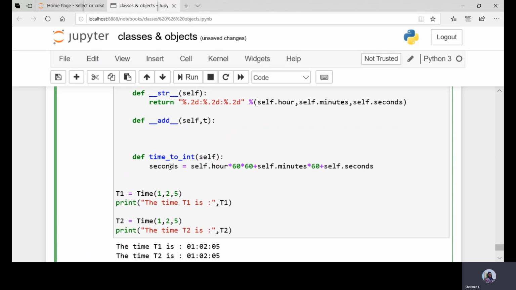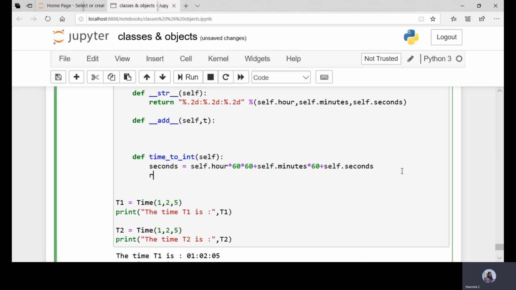So this is going to convert into the format of seconds. Then finally return the value, return seconds. So this converts time to seconds.